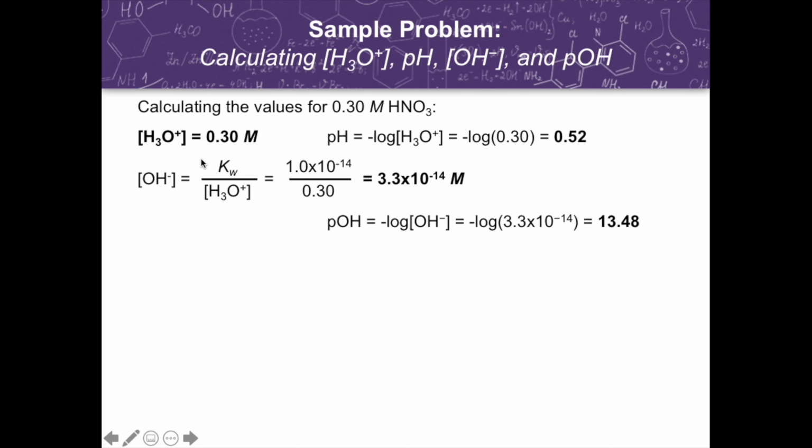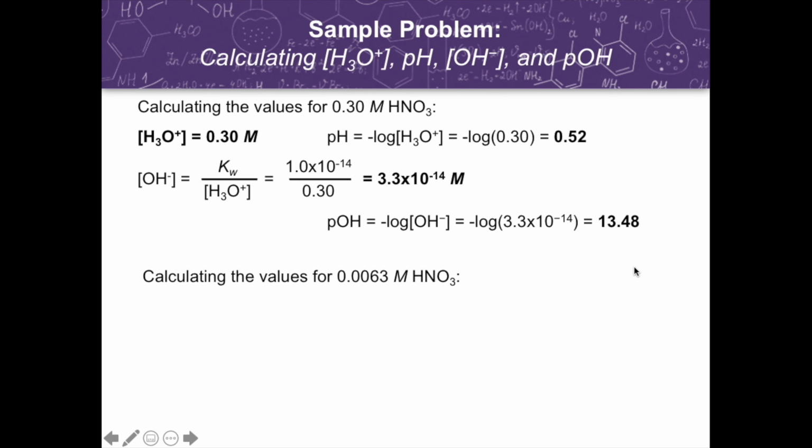And then we can get now the concentration of hydroxide ion by dividing Kw again with the hydronium ion concentration. So we will arrive at the answer 3.3 times 10 raised to negative 14 molar. And then we can also calculate pOH by using the formula negative log of the hydroxide ion concentration, and we will arrive at the answer